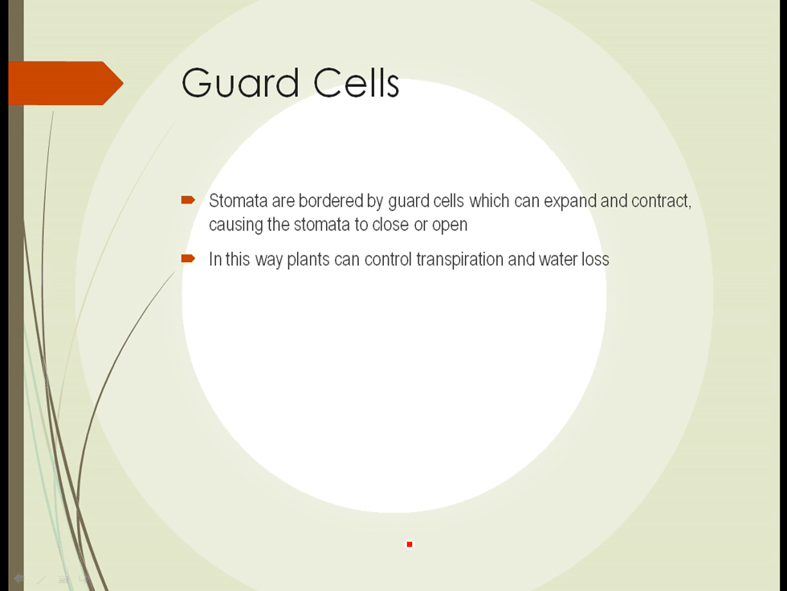Guard cells border the stomata on either side. This is a pair of cells which can expand and contract, causing the stomata to close or open. When they're expanded, it forces the stomata shut. When they contract, it pulls the stomata open. It's a way that plants can control the transpiration and water loss